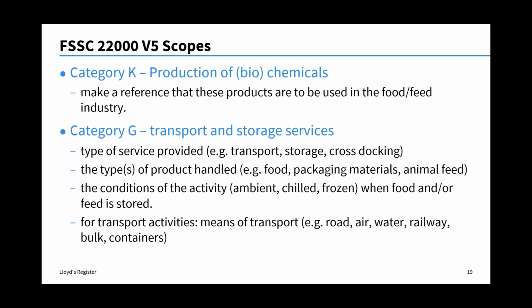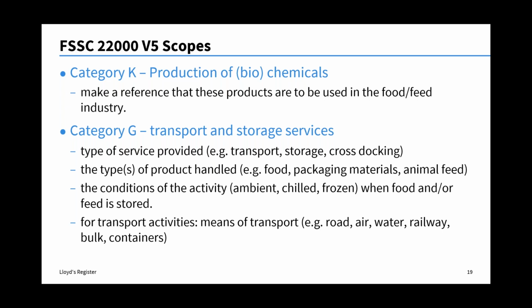Coming to category G, which is transport and storage services, the scope statement in category G shall, as a minimum, contain the following elements: the type of service provider, whether it is transport, storage, or cross docking; what type of products are being handled, whether it is food, packaging material, or animal feed; and the condition of the activity, whether it is ambient, chilled, frozen, when the food or feed is stored. And if it is transport, then the means of transport like road, air, water, railway, bulk containers, etc., needs to